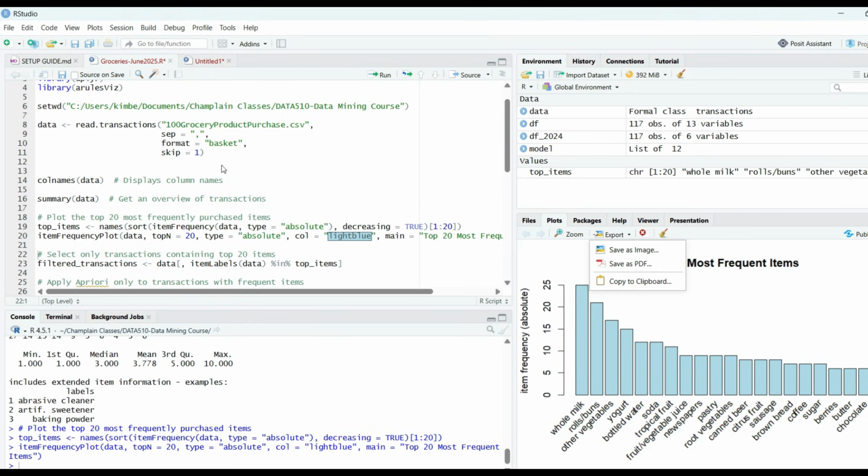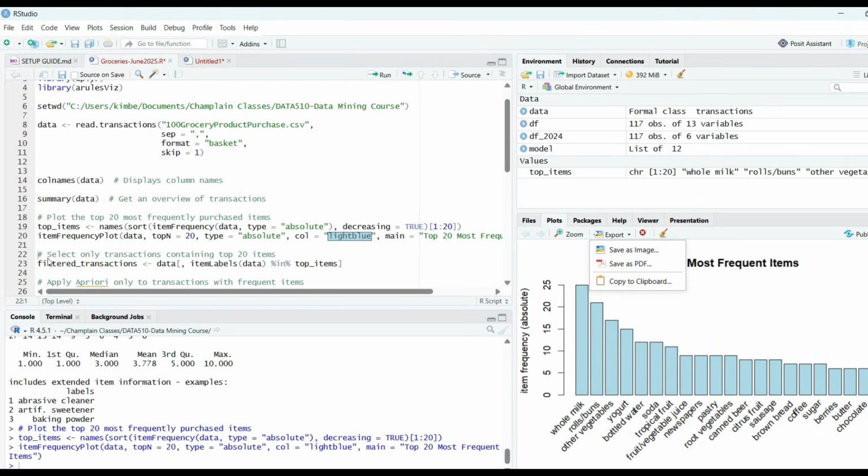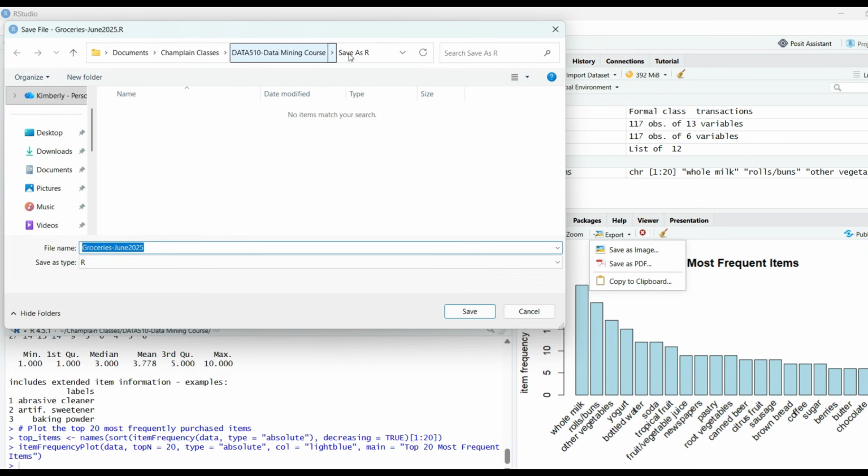So now that I have my code all written, I want to save it. It's a very simple file, save as. I actually have a folder called Save as R, and we've got my file there. I've named it. You can name it whatever you want. I actually prefer a nice naming convention. Week one,